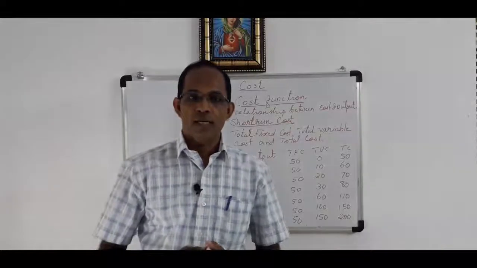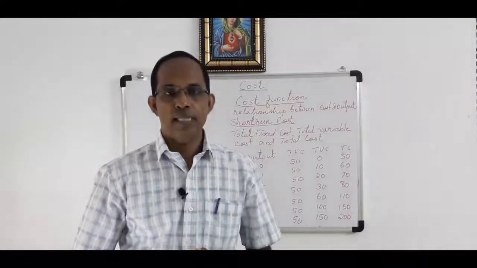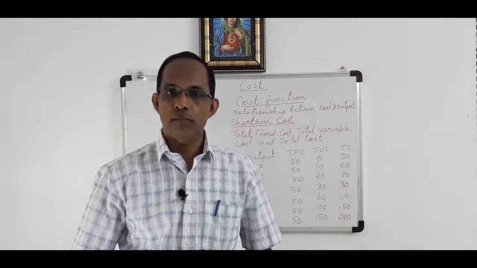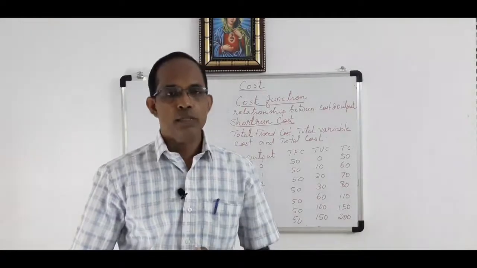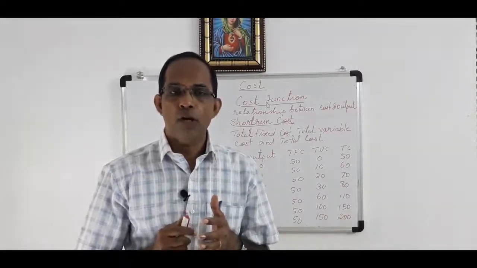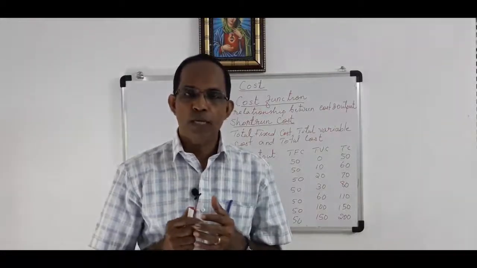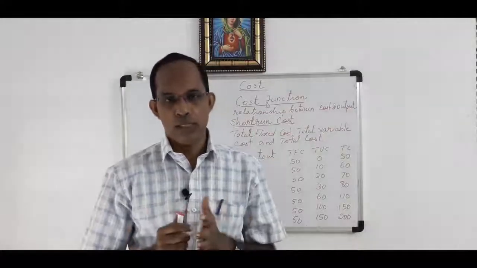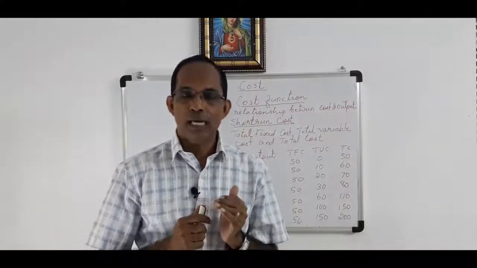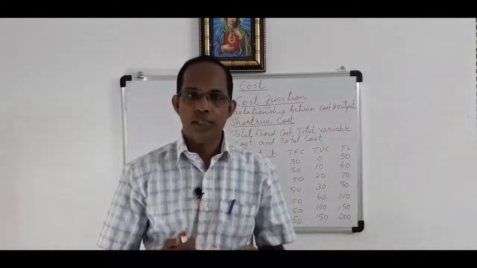Dear students, today we discuss another important area of third chapter, that is cost. Why is cost important for a producer? This is because it is the cost that determines the level of profit for a producer, as profit is the difference between total revenue and total cost. So cost is very important for a producer, and in this class we study the different elements of cost in the short run. Then what is cost?